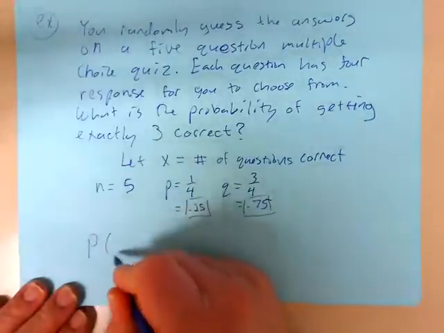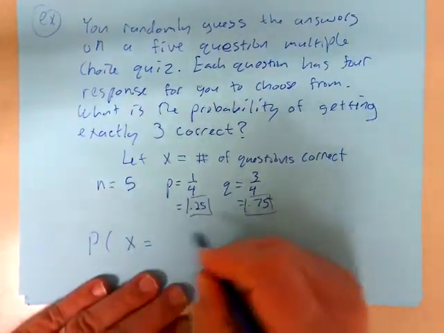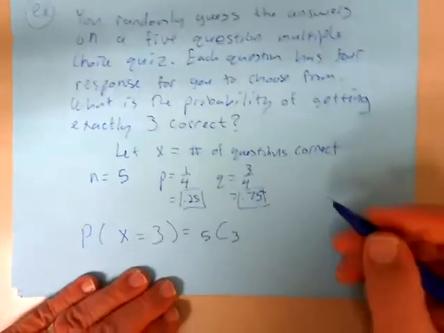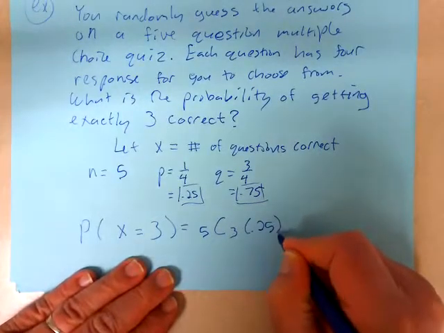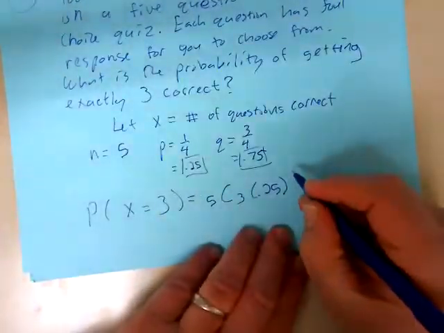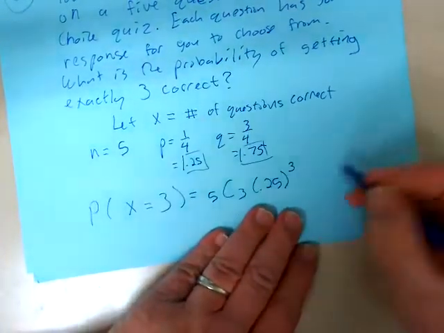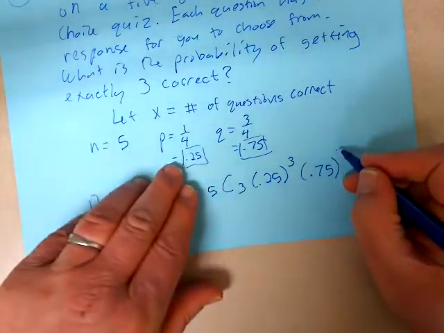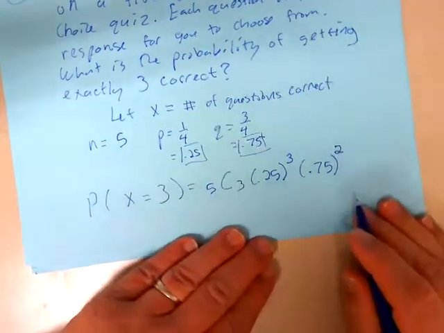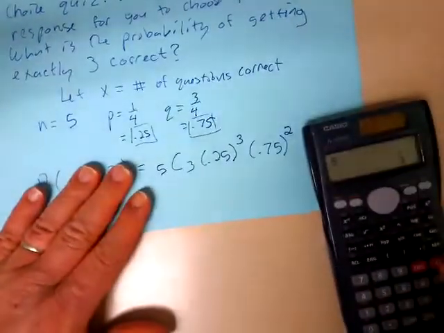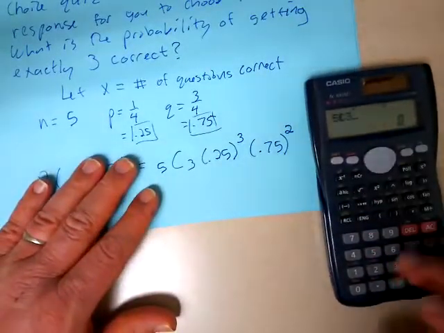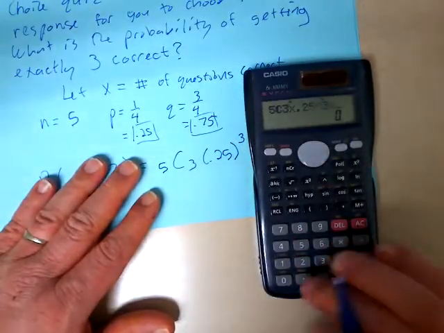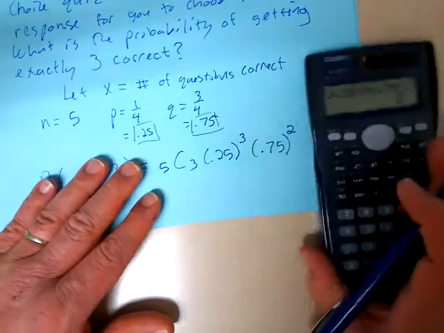That's your N. So you want to find the probability that you get exactly 3 successes. So out of 5 questions, choose 3 of them to be a success. The probability that it is a success raised to the number of successes, which is 3. The probability that it's a failure raised to the number of failures. So if you want 3 successes out of 5, then you want 2 failures. Okay? And so then you can plug this in. So 5 choose 3 times 0.25 to the third times 0.75 to the second